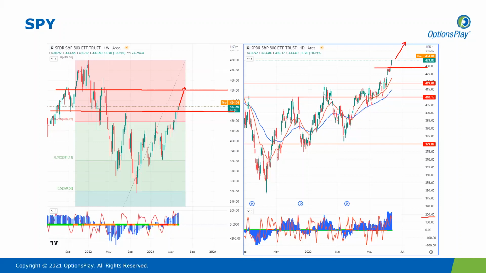But from a risk to reward perspective, the fact that it's broken above a resistance level recently, and even if price is overbought, I still think the risk to reward still favors the upside in the short term, especially now with the CPI data release being out of the way. The next thing to focus on is the Fed meeting, and more importantly, Jerome Powell's speech after the Fed meeting. That's when markets will really decide whether he's a bit more hawkish or dovish. So that would be another high impact event.